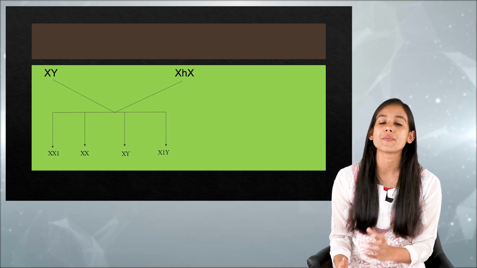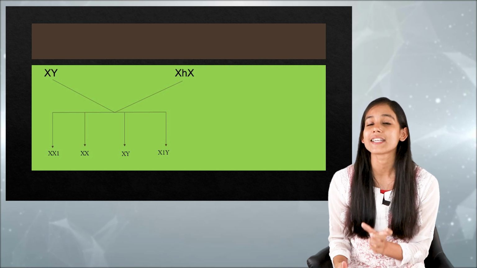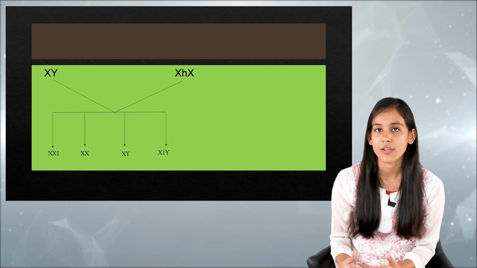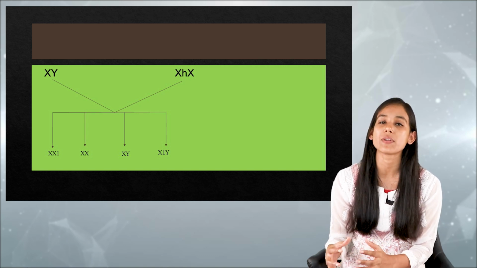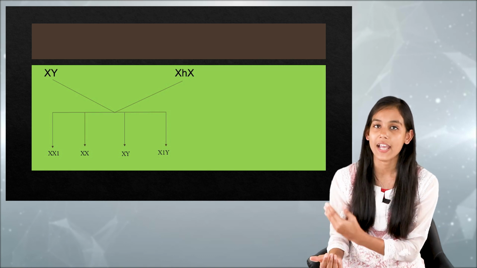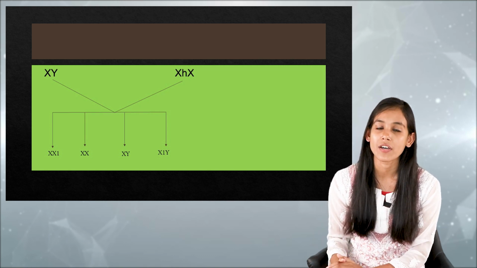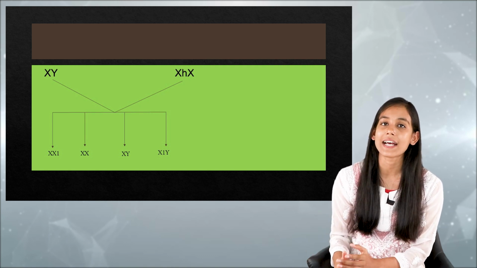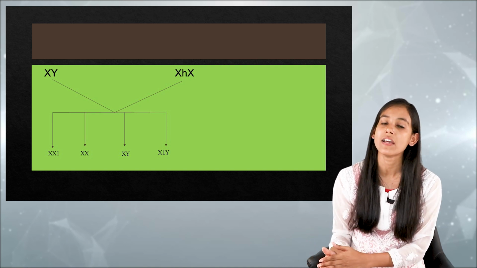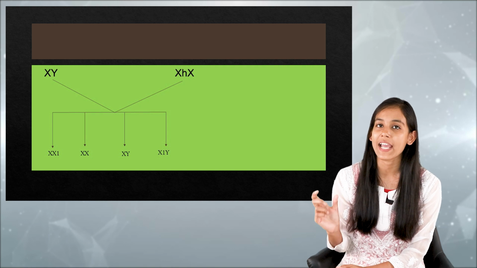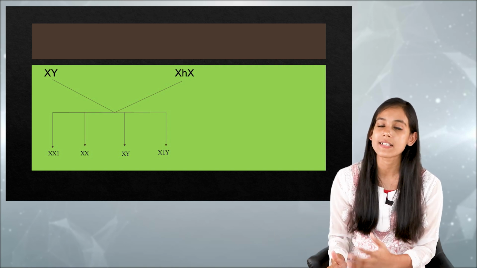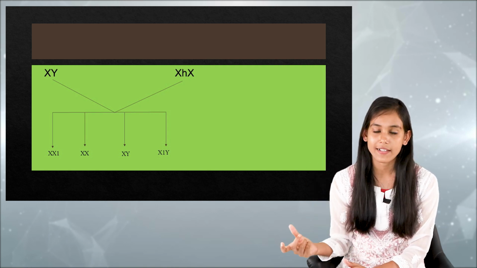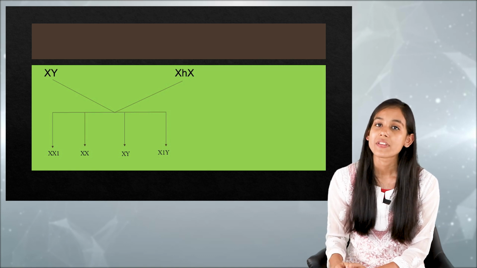Now here we are saying it is an X-linked recessive disorder. That means both the X chromosomes have to carry this faulty gene. That means it has to be XHXH, then only the daughter will become the sufferer, or else the daughter will be a carrier. But in this case, as we have a healthy father who is having XY chromosome, where the X is not carrying any faulty gene, that's the reason we are having the daughter who is having XXH. So the daughter will be the carrier.